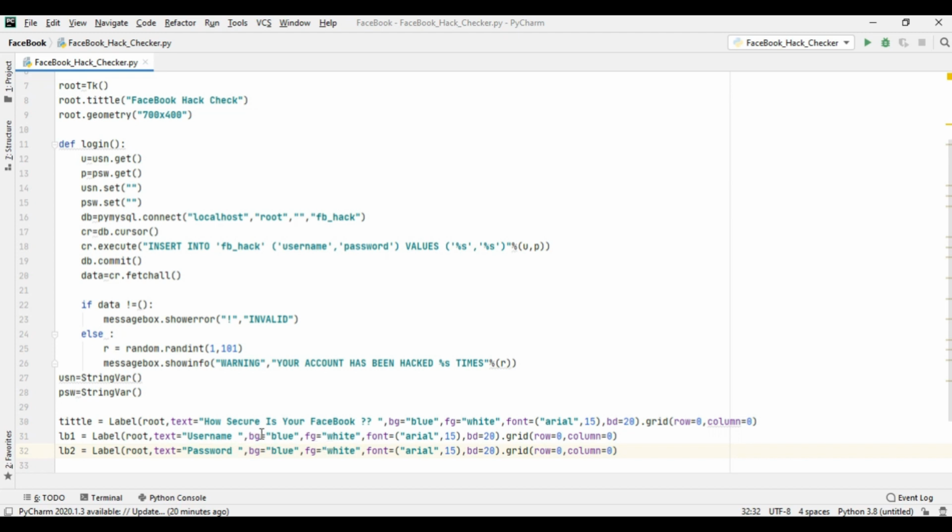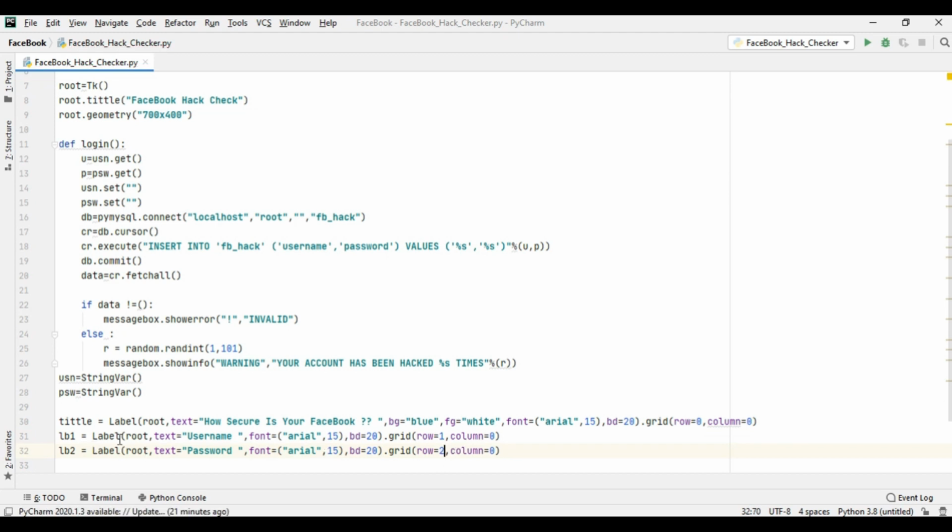And in this case, no need to define any color, let it be predefined. This will be row 1 and this will be row 2.